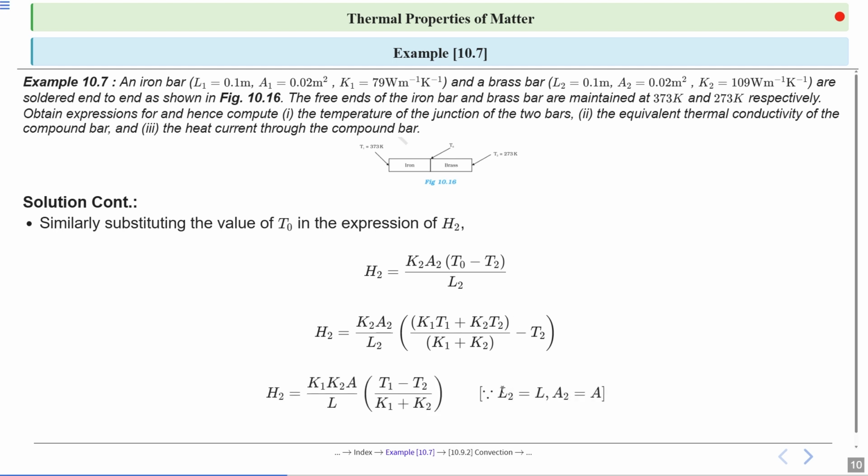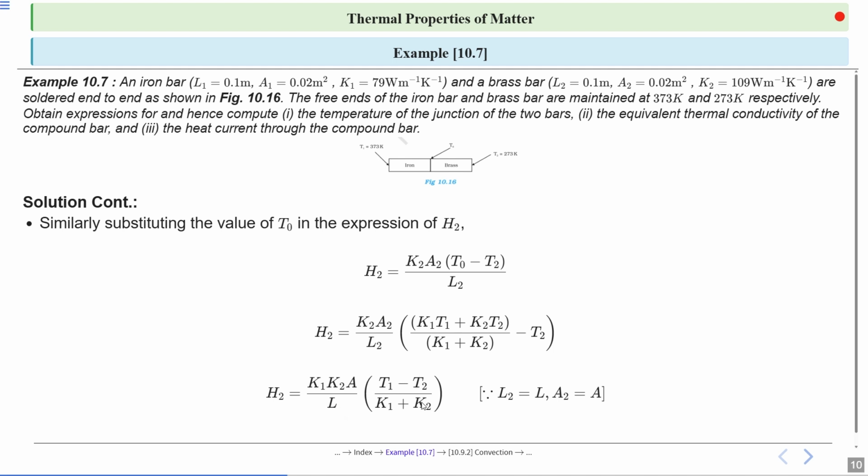So we know L2 equal to L and A2 equal to A. The length of the brass bar and the length of the iron bar are equal, so we consider L1 equal to L2 equal to L. So we can say L2 equal to L. Similarly A2 equal to A, because the area of the iron bar and the area of the brass bar are equal. So just put the values in this expression. You will get H2 equal to K1 K2 A divided by L, into (T1 minus T2) divided by